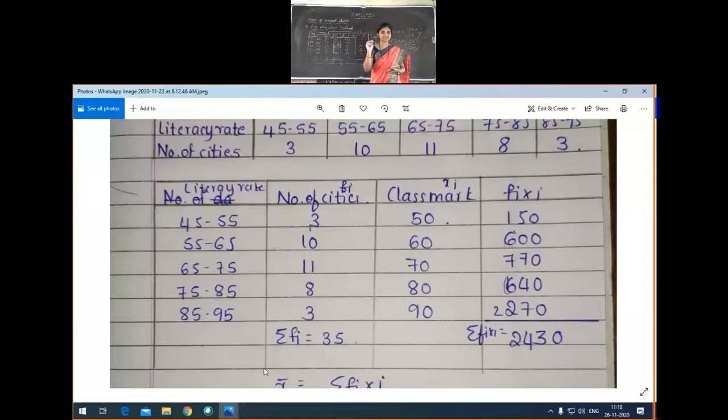Only the third problem is a little bit different. In the third problem, actually the mean is given and one frequency is missing. Same method you have to apply for that. Is that clear, students? You just finish that first exercise, then start with the mode and median exercise. Is that clear? Yes.